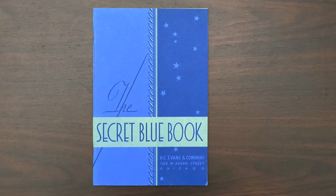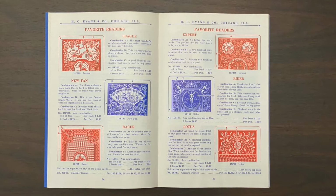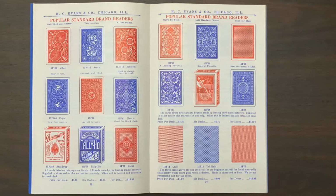And then reader, at least in today's magic world, refers to decks that are openly readable, clearly marked with letters, numbers, suit pips. What's interesting for me is that the reader term historically had been used much more broadly than how magicians are using it today. A majority of the gambling supply catalogs and blue books that I've seen from sort of the first half of the 20th century typically refer to their marked decks as readers, but the decks that they display as being offered